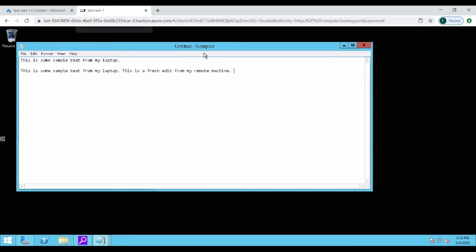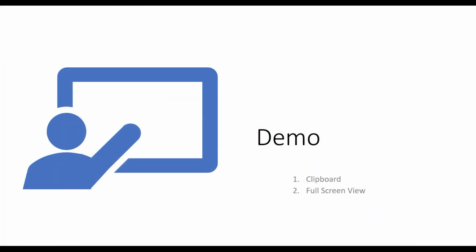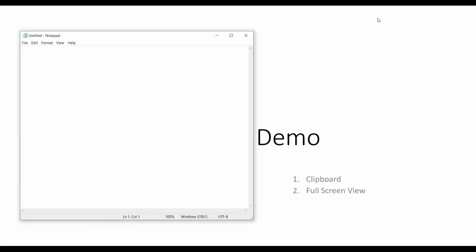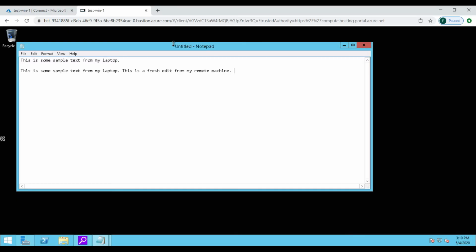Okay, closing this. And if I paste again, you would see that the entire text has come up here. If I have to copy the clipboard content from my remote machine into my actual laptop, all I'm going to do is open a notepad here and show you paste. If you see here, the same content has come over,